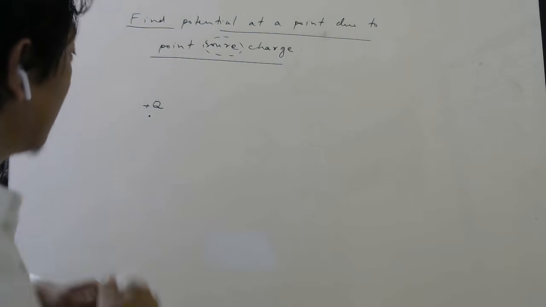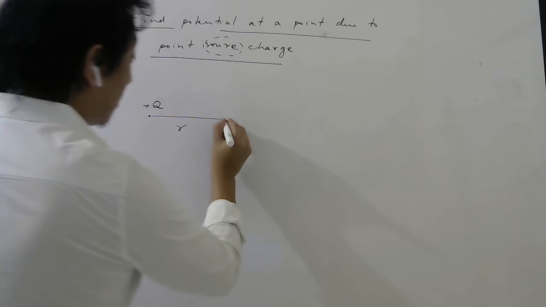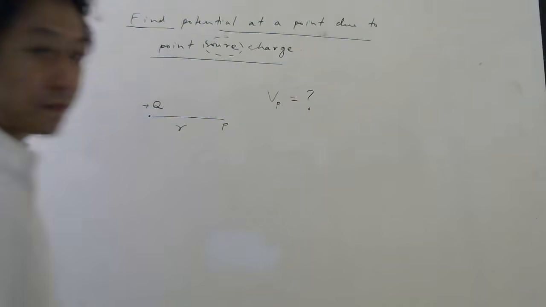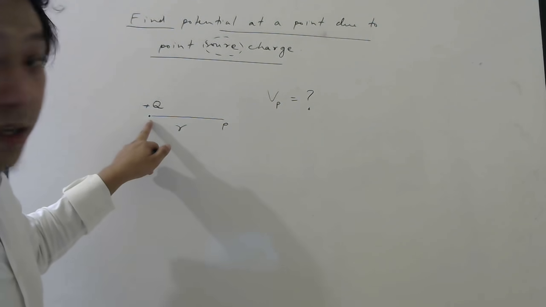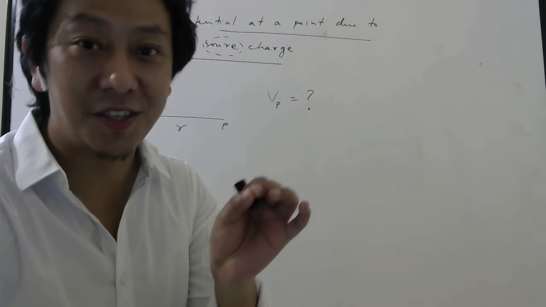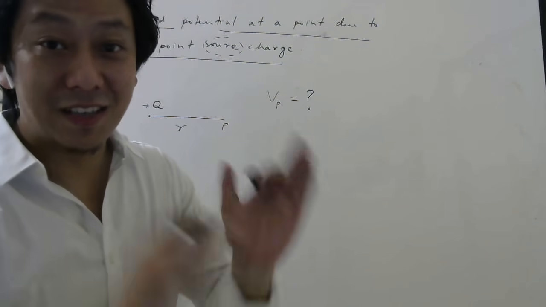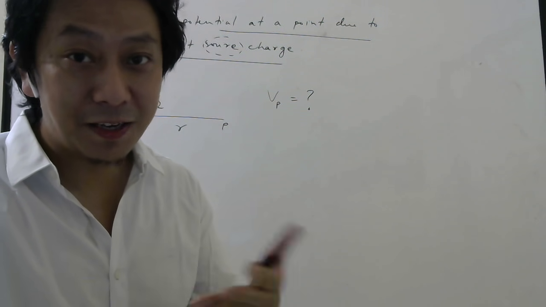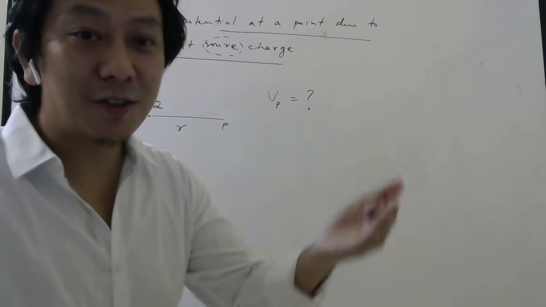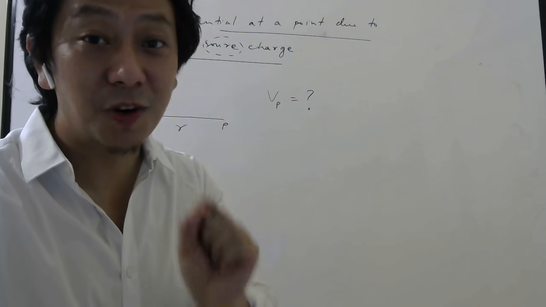So let us say here is my source charge. My question is, at a distance r, what is the potential at this point? First understand the question. Starting source charge will always be point charge because it is the simplest kind of charge. Then we will go for ring of charge, spherical charge, line charge, sheet of charge, like we did in the case of electric field. Electric field is also produced by source charge. Just like that, we will do for other kinds of charge distribution also. But right now, we will start with point charge, and that is most important for board exams.